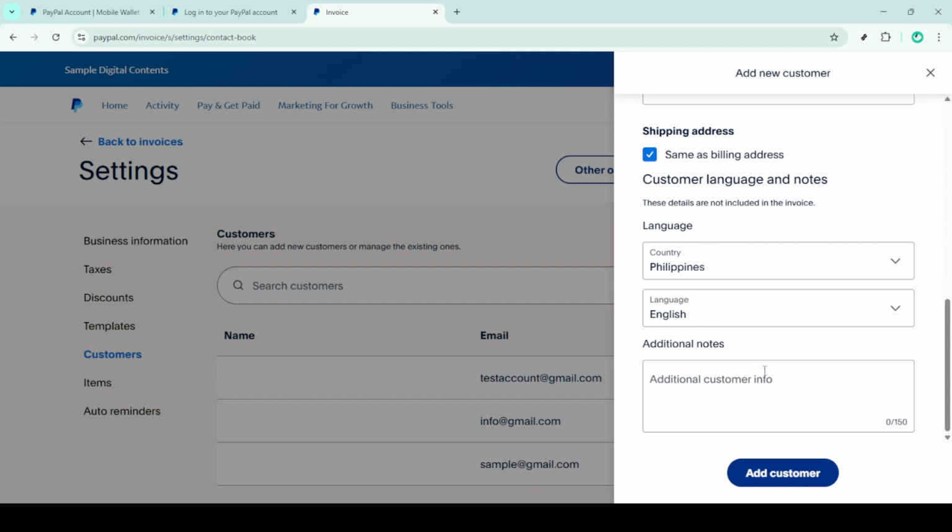And that's all there is to it. You've successfully added a new contact to your PayPal account. This will make future transactions quicker and easier, as PayPal will store this information for you. Remember, managing your contacts effectively can save you a lot of time and hassle, especially if you're frequently sending payments to the same